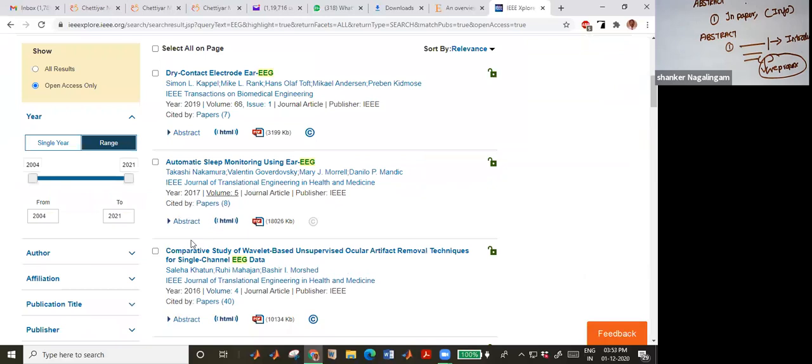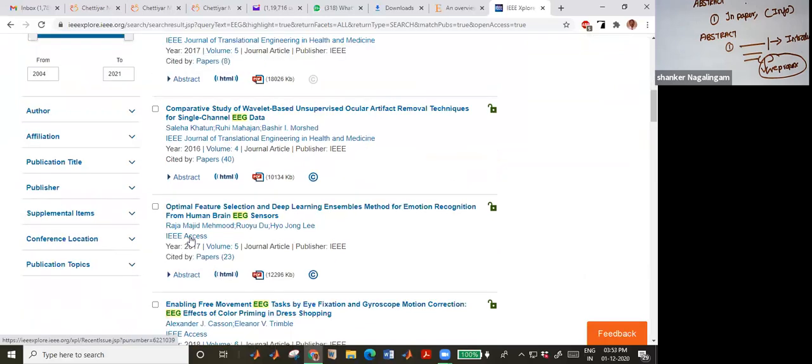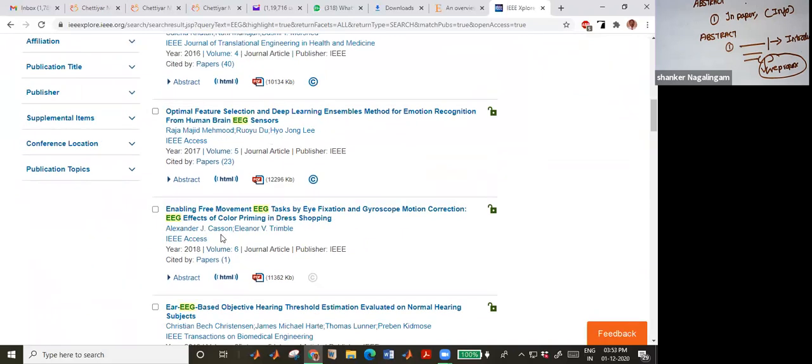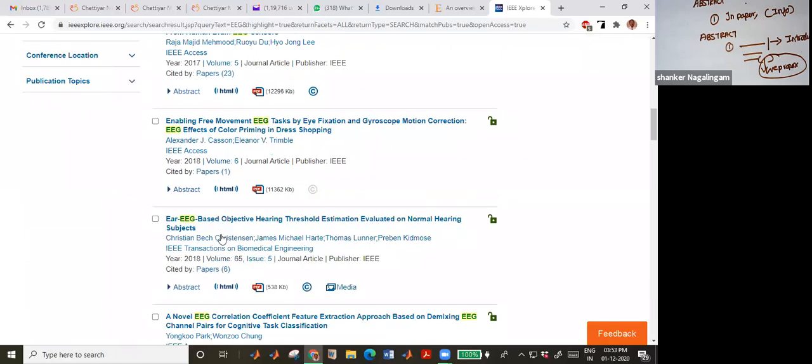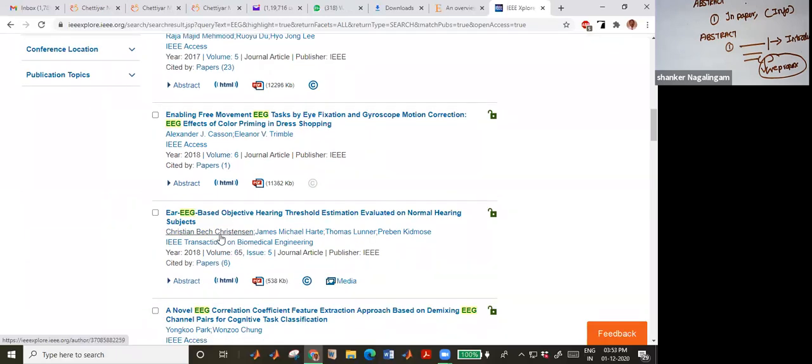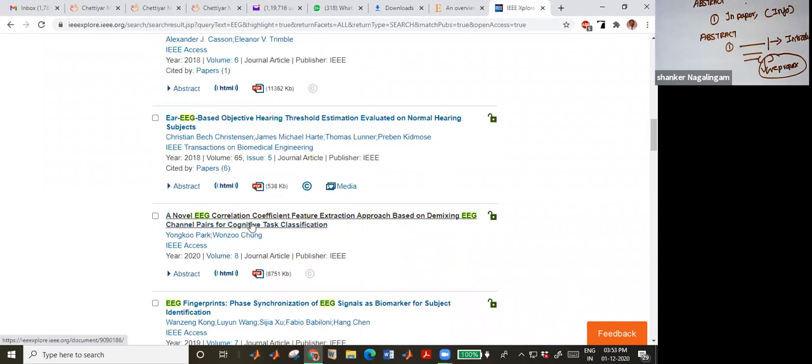Please don't try to go for IEEE Access, okay. IEEE Access will not have any standard of writing, and it doesn't follow any sort of procedures. When you go for transactions and journals, it will have beautiful writing, and then you can get a very beautiful idea, okay, and you can get a lot of information in that particular